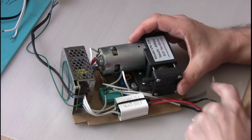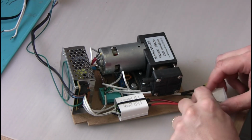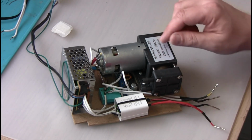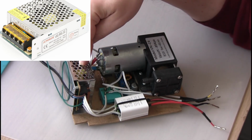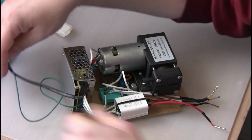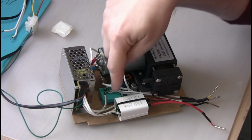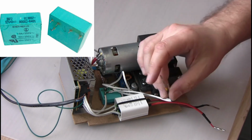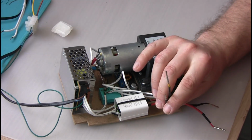This is what I call the first floor of my controller. So we have 2 power supplies. This is a 12 volt 5 amp power supply that gets power from the mains, and then there is a relay sitting here that is controlled by the switch, by the trigger in the gun,